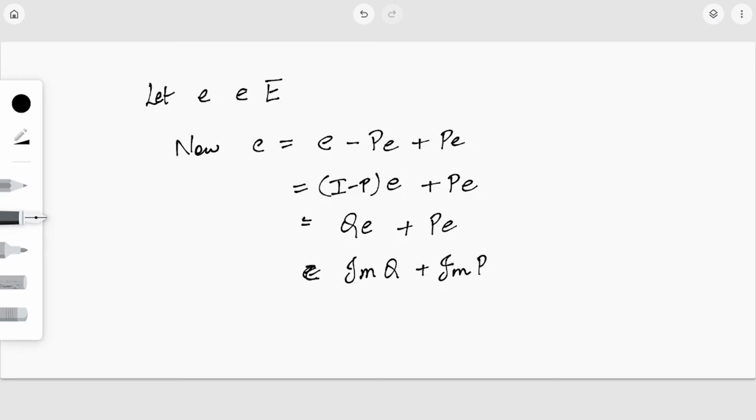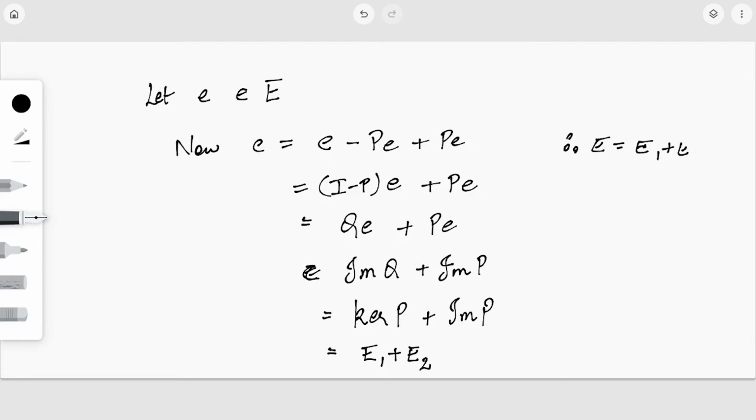It belongs to image of Q plus image of P. Now just now, the second property we had seen, that image of Q is nothing but kernel of P. So this is kernel of P plus image of P. So any element in E can be expressed as the sum of an element in kernel of P and an element in image of P, that is E1 plus E2 again. Therefore, combining, we get E is equal to